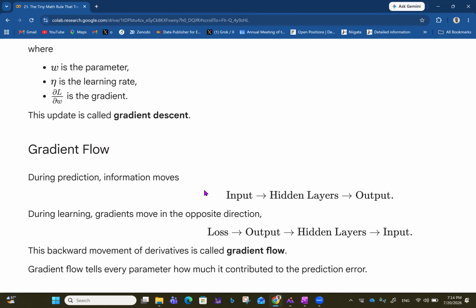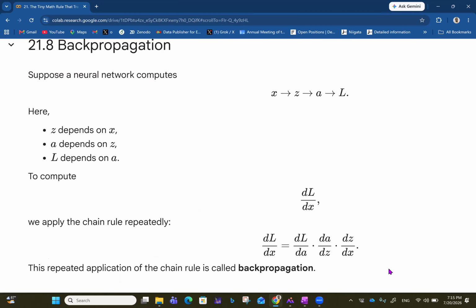So this is during prediction, but during learning, you take the loss to look at the outputs. There are hidden layers, and then you work on the input values that will give you the right kind of loss you're looking for. This backward movement of derivatives is called the gradient flow, from loss to output to hidden layers and then input. Gradient flow tells every parameter how much it contributed to the predicted error,